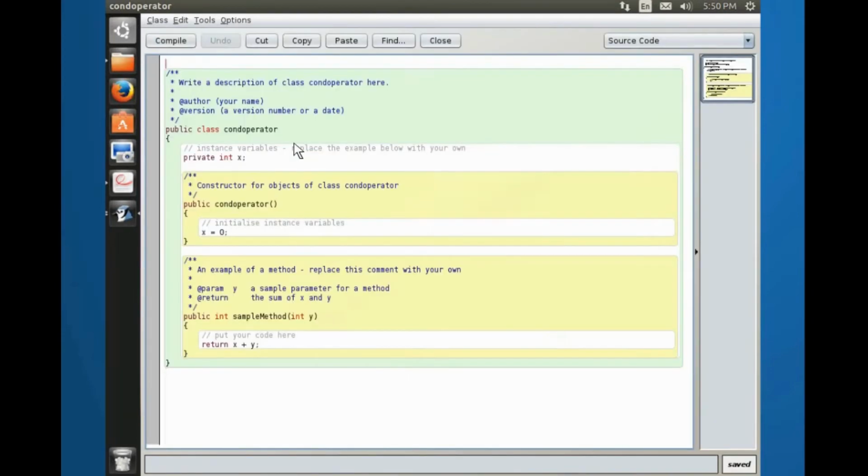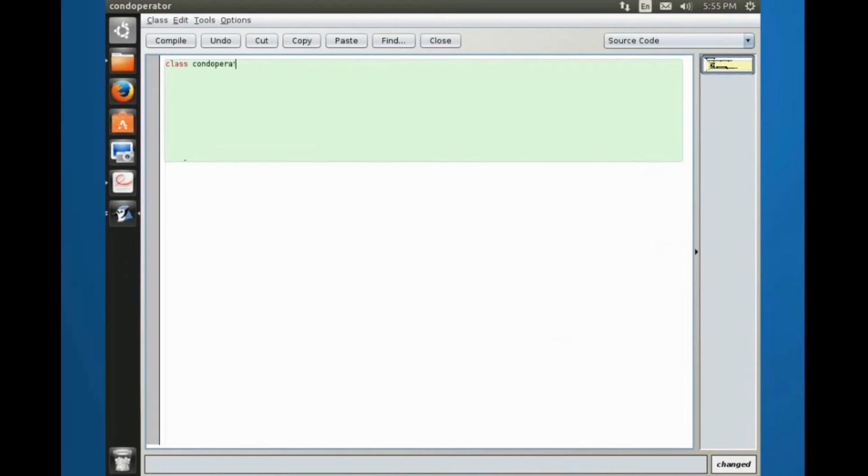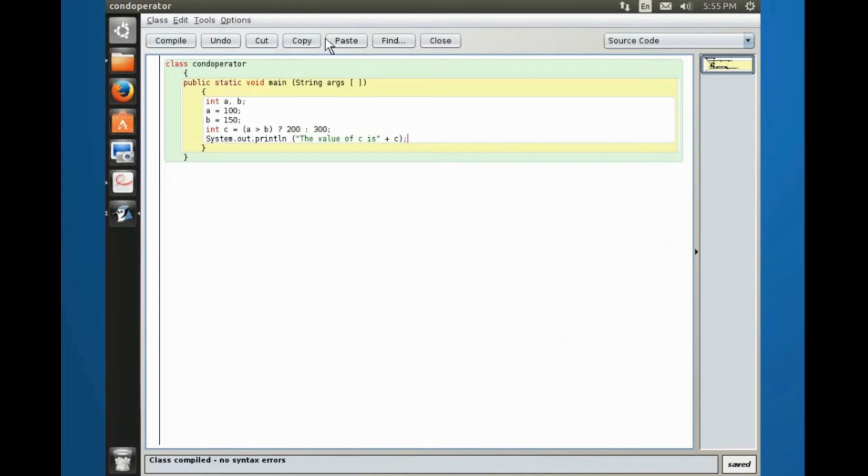Program: class CondOperator { public static void main(String args[]) { int a, b; a = 100, b = 150; int c = (a > b) ? 200 : 300; System.out.println("The value of c is " + c); } } The output of the above program will be